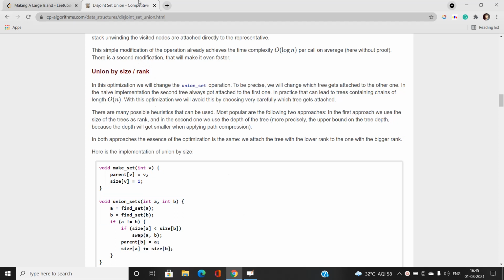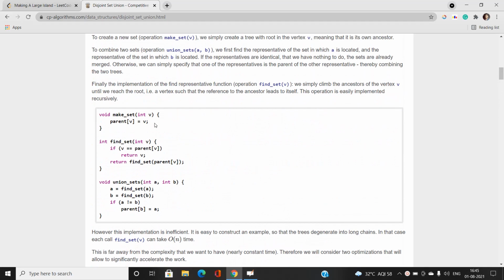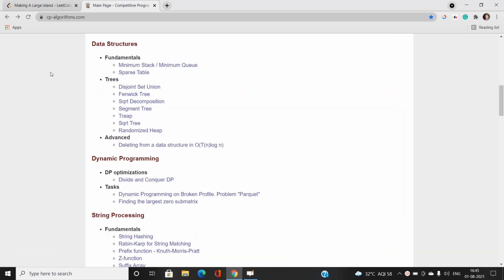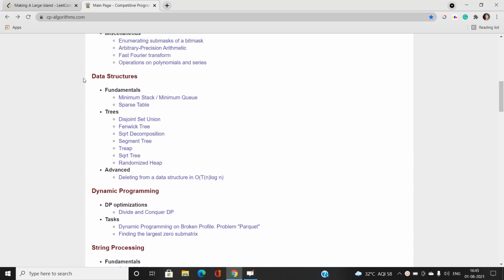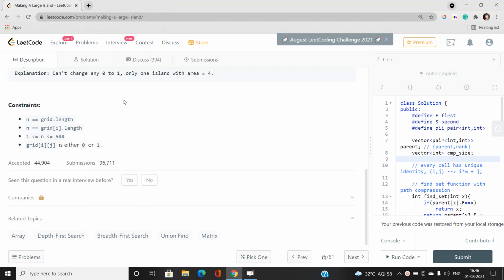It is mandatory to study this concept of disjoint set union for this problem. This concept will also help in many other problems you will face later on, because it is a very popular data structure, as you can see here. So I recommend you read it.